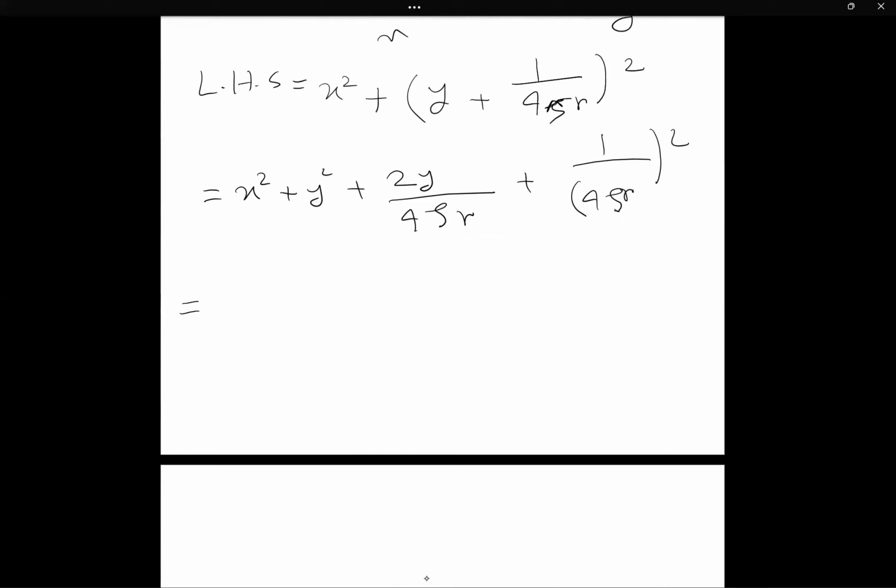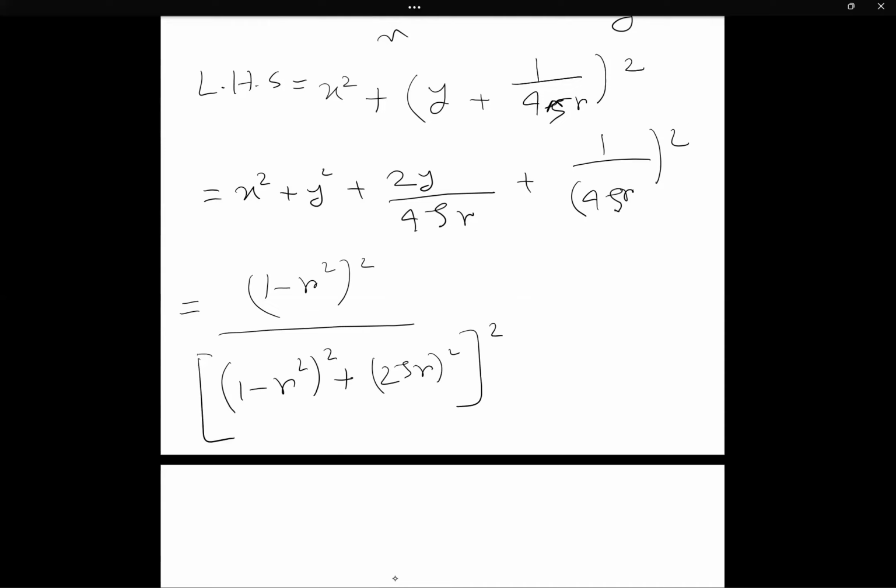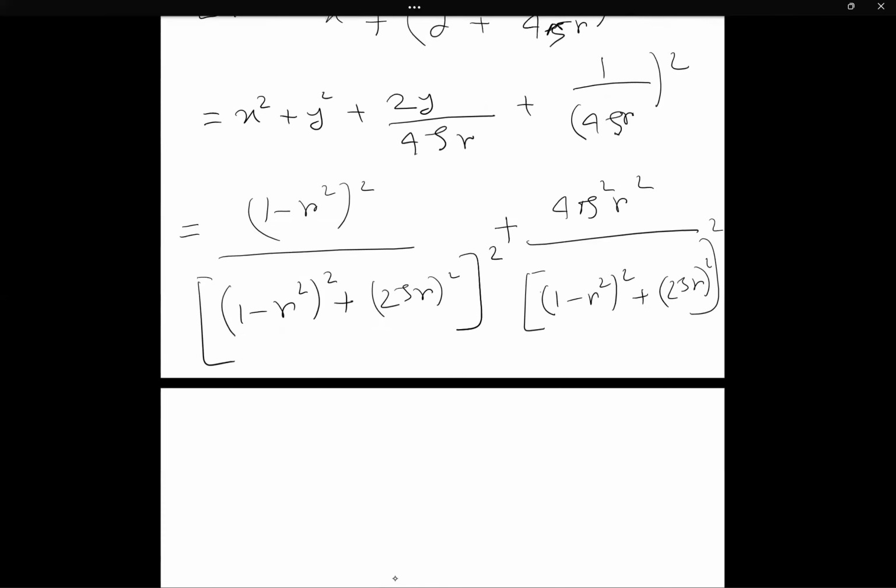Okay, so we can put the value of x square as 1 minus r square whole square over (1 minus r square whole square plus 2 zeta r whole square) whole square, plus y square, which is equal to 4 zeta square r square over (1 minus r square whole square plus 2 zeta r whole square) whole square,